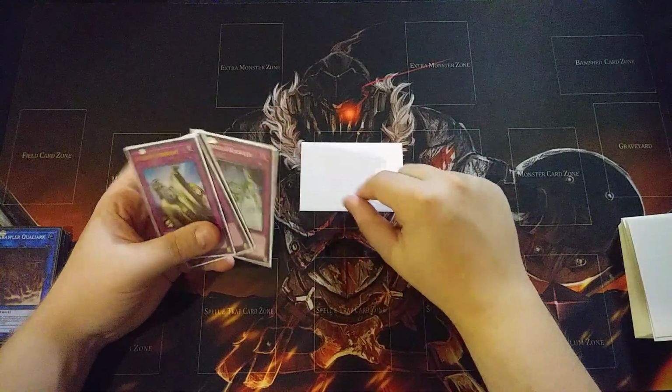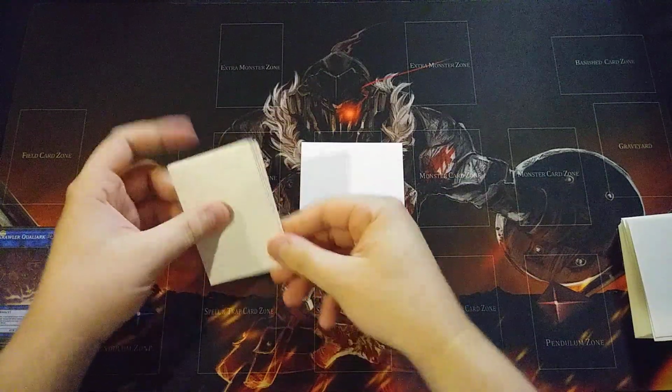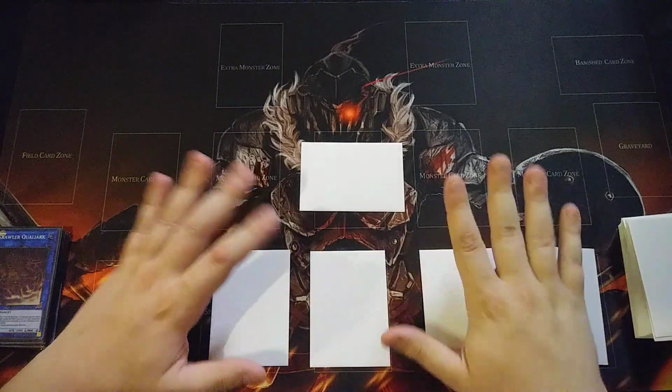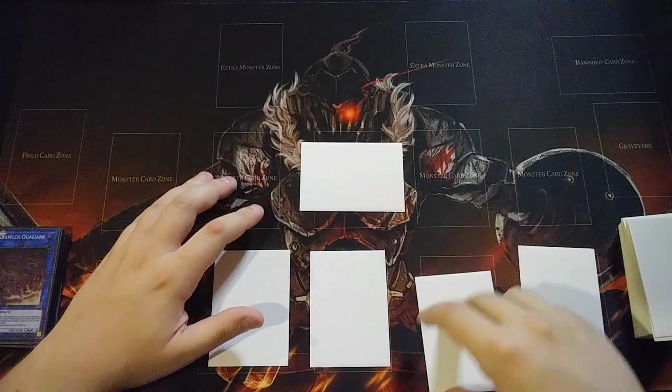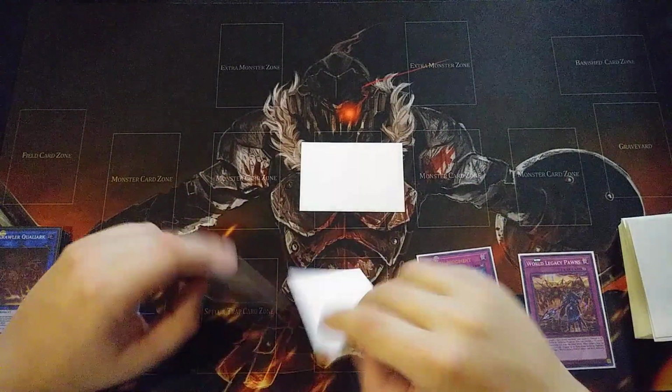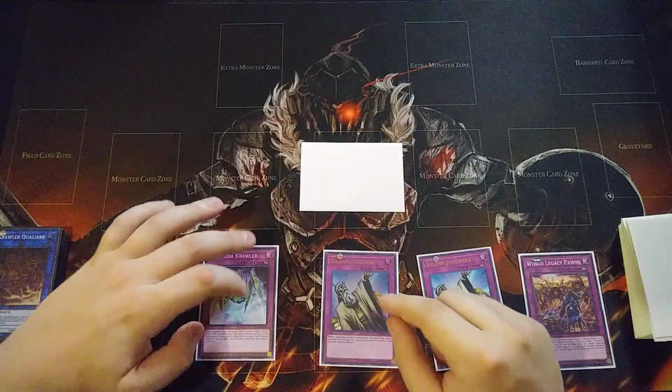So we're going to go ahead and set this card, and we're going to set all these cards in our back row, which is going to be super helpful for the actual strategy. So if we let our opponent go, we're going to have both the Solomons for negation. We're going to have the World Legacy Pawns, and we're going to have the Crusadia Krawler, which can